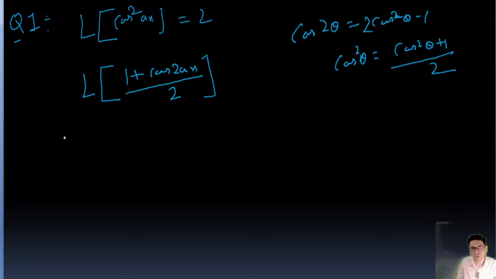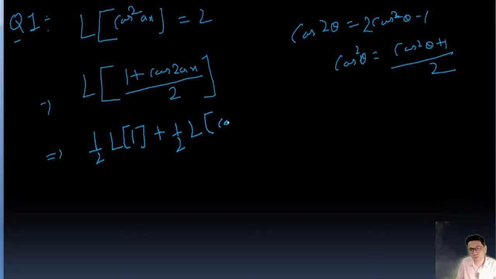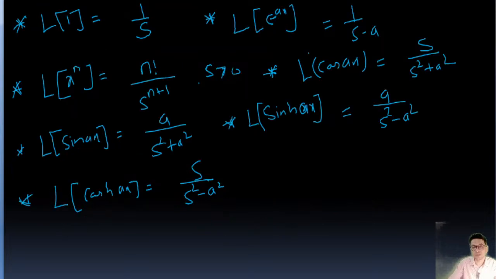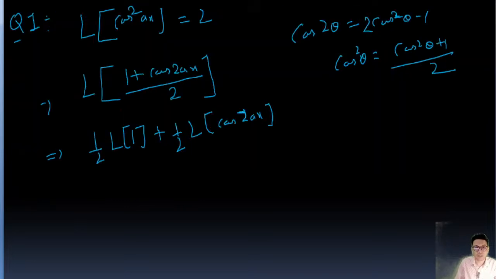Okay, so this is going to be 1 upon 2, we can take common. 1 upon 2 Laplace transform of 1 plus 1 upon 2 Laplace transform of cos 2ax. So Laplace transform of 1 I have already explained here, right? Laplace transform of 1 is 1 upon s. And similarly Laplace transform of cos 2ax, here